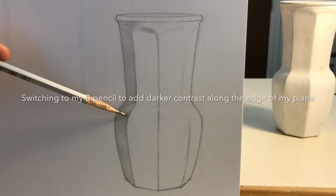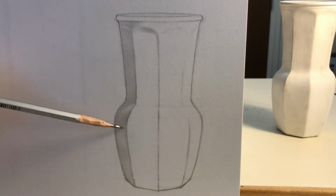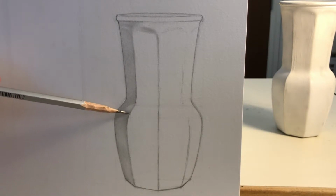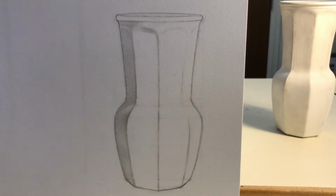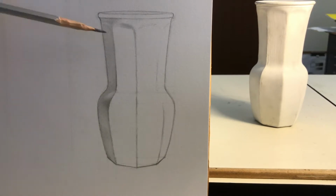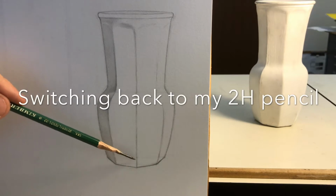Okay, so here I'm switching to my B pencil. Right where those two planes come together, it gets a little bit darker, so I'm adding that darker contrast with the B pencil. And just carefully laying that in. Not going too much darker, but it is enough to show the contrast. And I'm just working my way up the edge. My guess is that I won't really need to go with a pencil any darker than the B. So I don't even think I'm going to need to use my 2B,